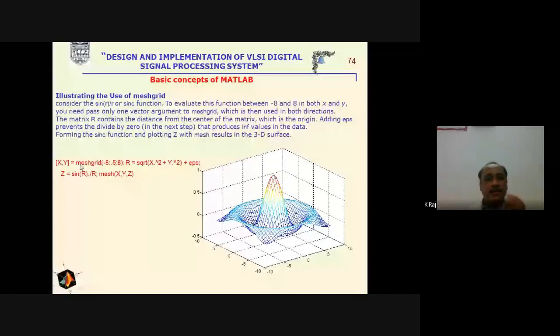R will be defined in terms of x and y, and z is a sinc function that is defined in terms of R. If we see it very minutely, we will find that in this case we are using the dot operator, because this is an element-wise operation, and we will get this sinc function three-dimensional plot.